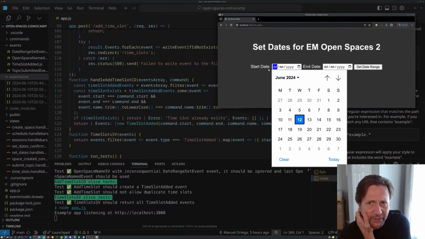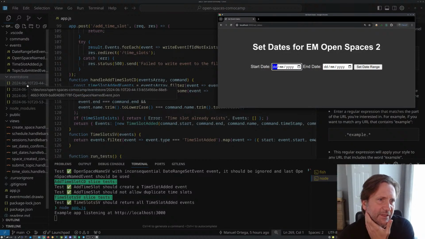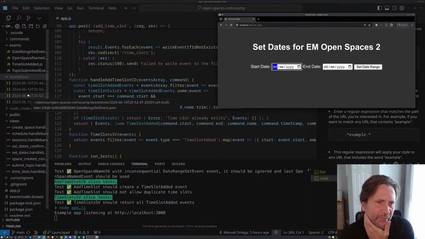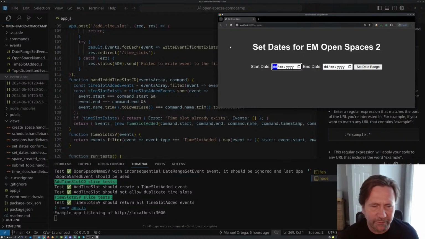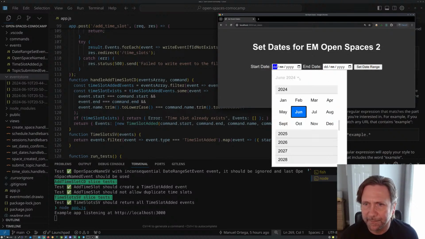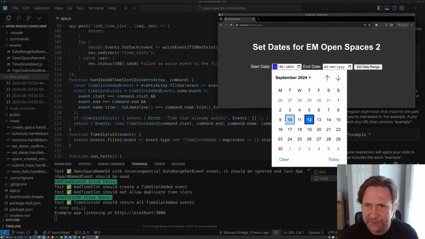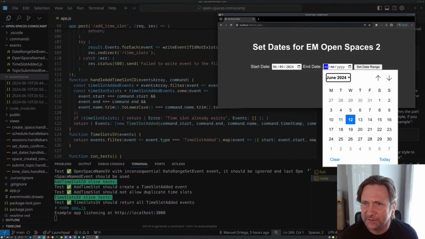I'm actually not done. I want these to be pre-populated because we already set the dates. So we have the date range set event here, and I actually want that to pre-populate it. Maybe we'll do that next, after we check out how Manuel did this. So let's set this for Friday, and let's set this for